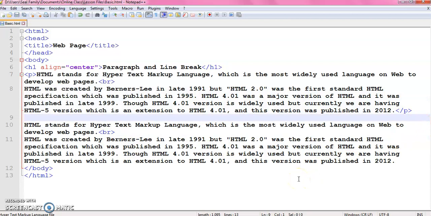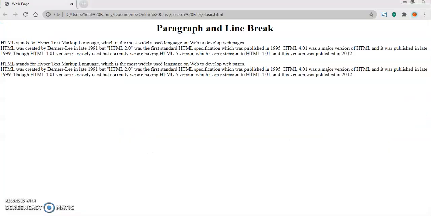So when I save it and you can see the output, see, so break tag also applies outside the paragraph, but you can also see the paragraph tag creates an empty line above the paragraph and an empty line below the paragraph. But break tag does not create such any empty lines. It only forces a line break.